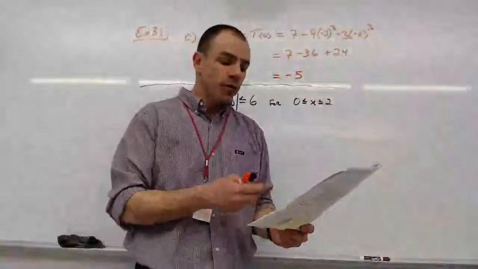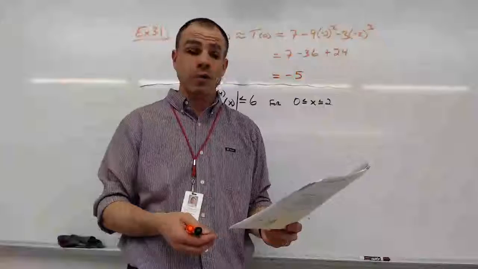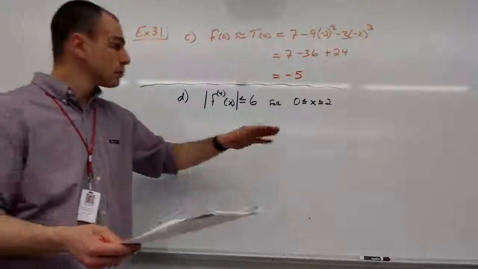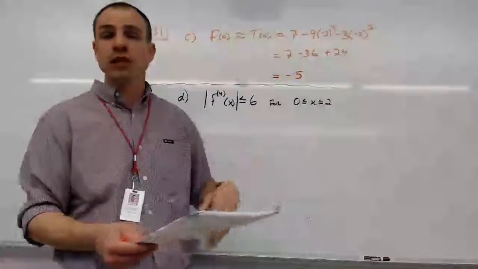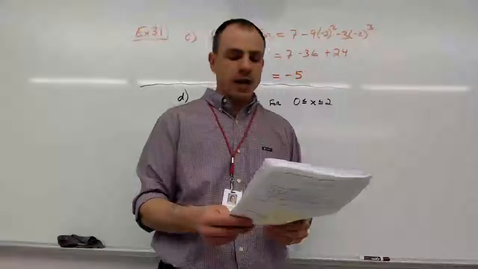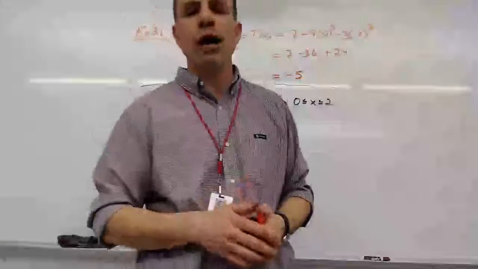Now, let me read part D to you while you're looking at it as well. The fourth derivative of f satisfies the inequality that the absolute value of the fourth derivative is always less than or equal to 6. That's what we have right here, right? And that's true for all the x's between 0 and 2, right? Use the Lagrange error bound to find, on that approximation that we just found, to explain why f of 0